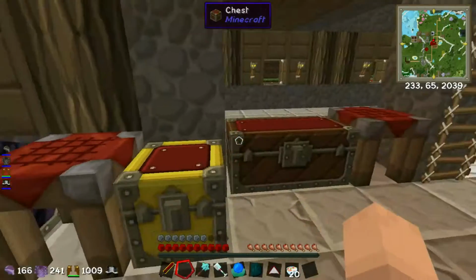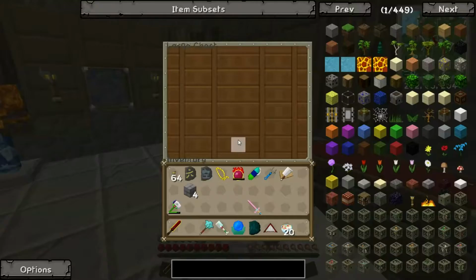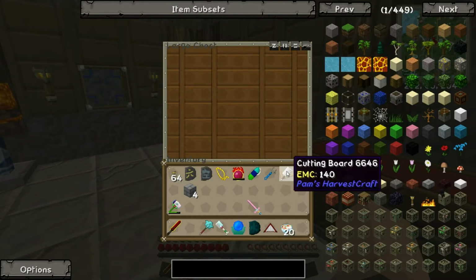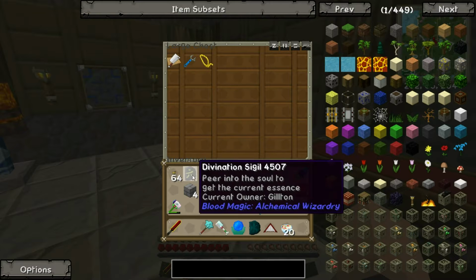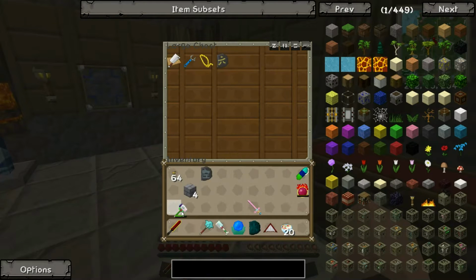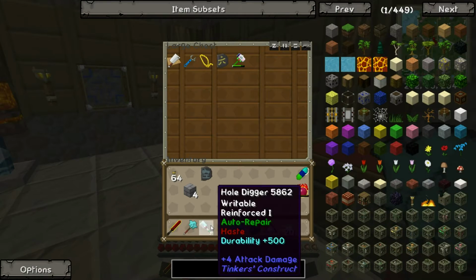Alright, so let's chuck that away. We need to have quite a lot of inventory space, actually, so just come over here. We won't need you. We might need you. I'm putting away everything which we won't need. We won't need the hammer anymore. Oh, and I also made an